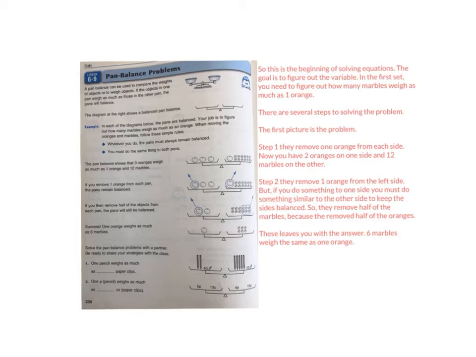So we have 3 oranges on the left side, and 1 orange and 12 marbles on the right side. Our goal is to figure out how many marbles equal 1 orange. So for the first step, they removed 1 orange from each side. Now we have 2 oranges and 12 marbles. So now the second step is they remove 1 of the oranges and half of the marbles,